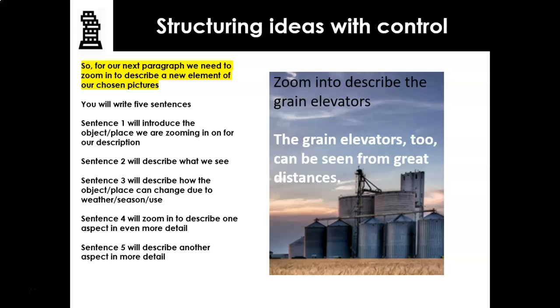Now, sentence number 2, what can we see? So how would you describe this? What can we see? They're silver, they're cylindrical. But we've got 1, 2, 3, 4, 5 smaller cylinders at the front, which seem to be joined by a big metal tube. Behind them, we've got 2 bigger cylinders. And then at the back, what seems to be an emerging tower. So when you're doing sentence 2, describe what we see, there's huge potential here for detail.